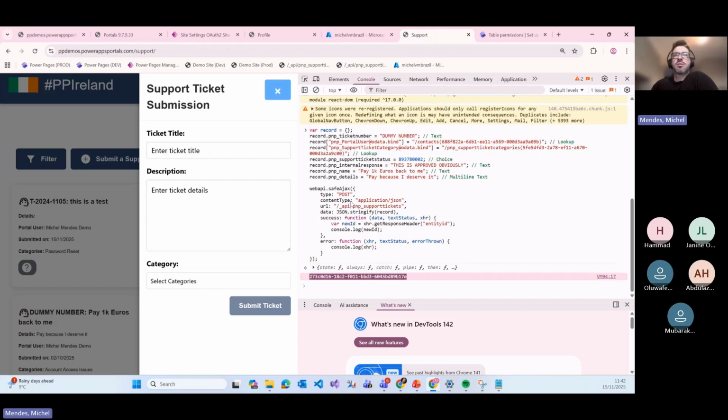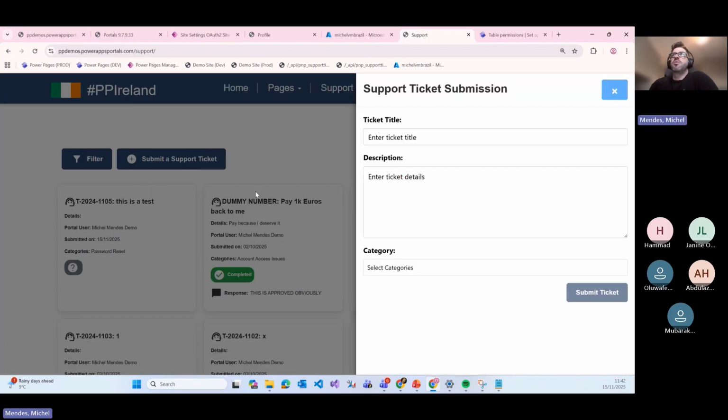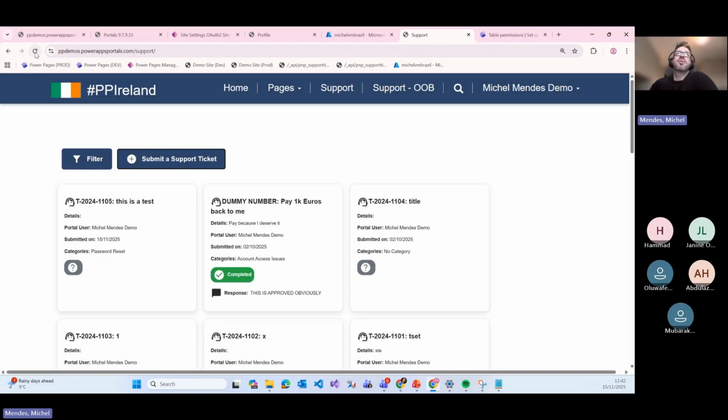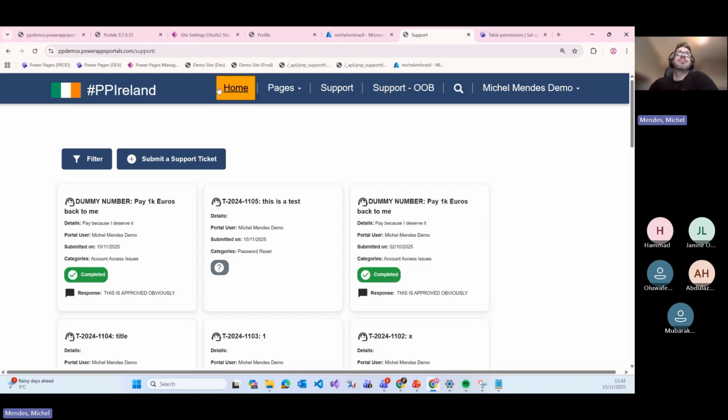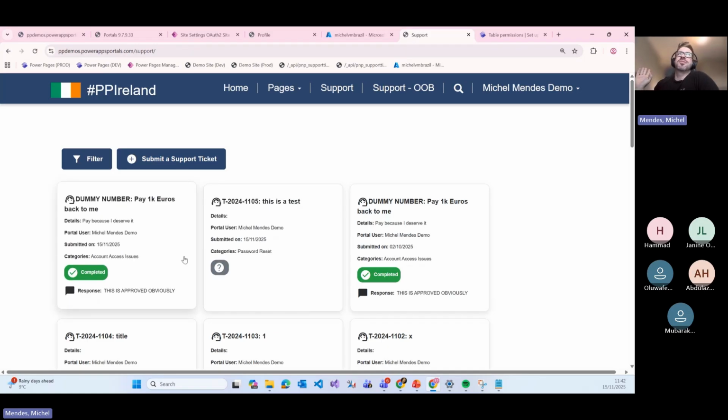So I did a POST request, creating my item with the fields that should be blocked, and just logged it. If we refresh the page, we see the hacked record appears here, and it shouldn't be. It shouldn't be allowed. So for example, what we can do is, instead of letting it free for the users and configuring